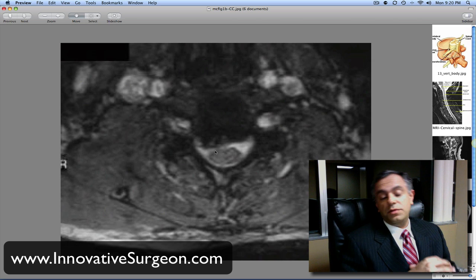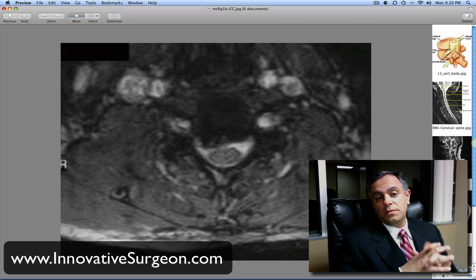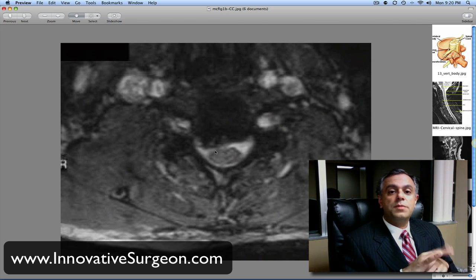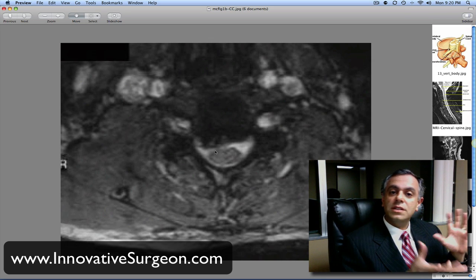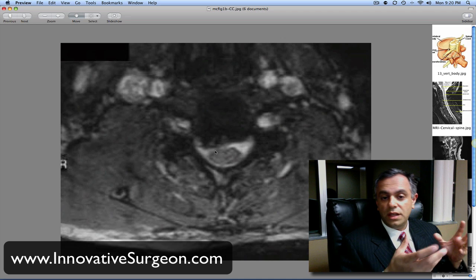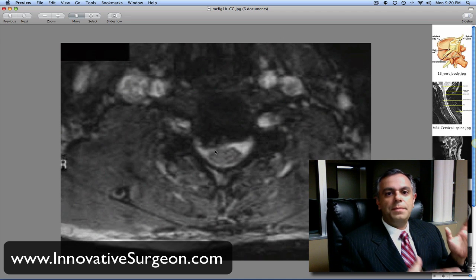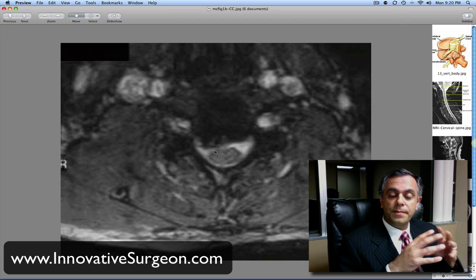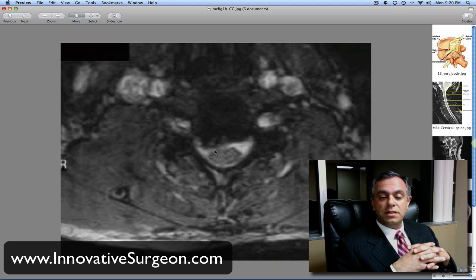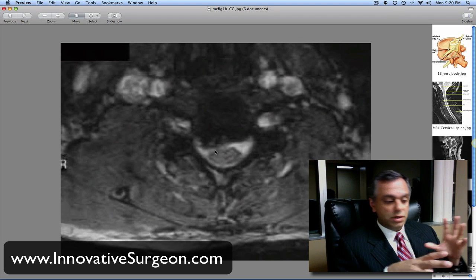Sometimes you can get by without surgery. A lot of times you can get by without surgery if the spinal cord is not compromised. The pain can be managed with medication, with injections, depending on what it is. If there's no weakness, if everything else is working okay, depends how fast it happens. So there are a lot of things that go into it in terms of decision making. But just because you have a disc herniation in the neck doesn't mean that you have to have an operation